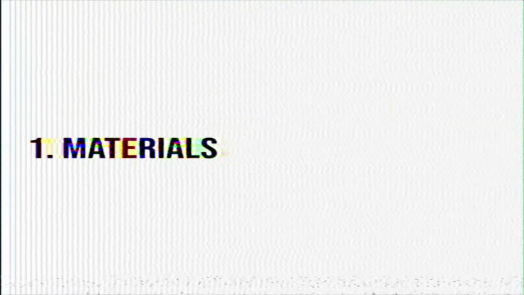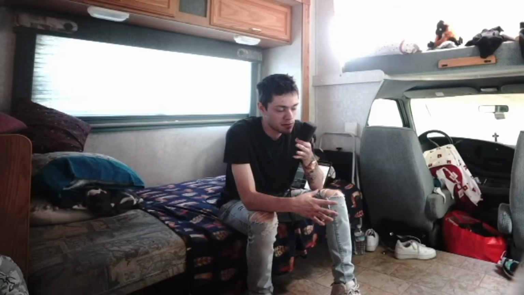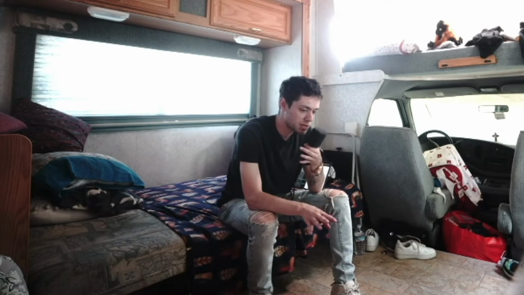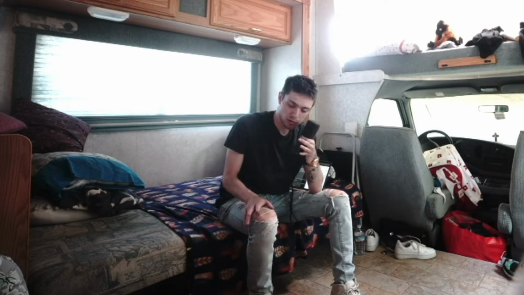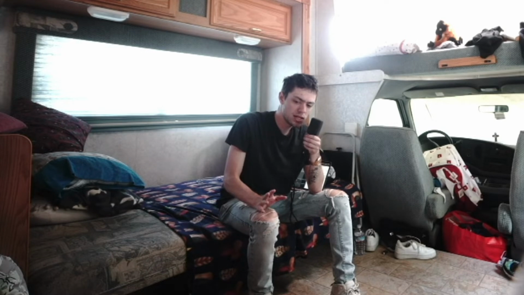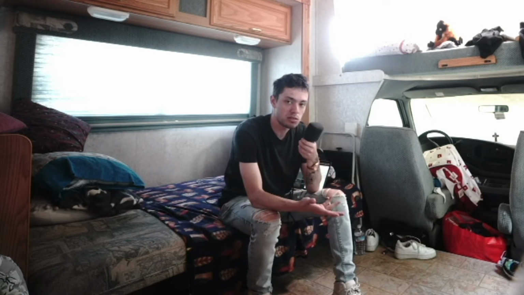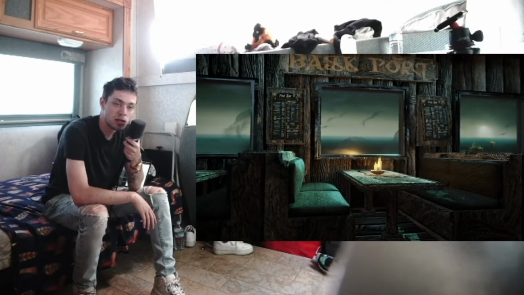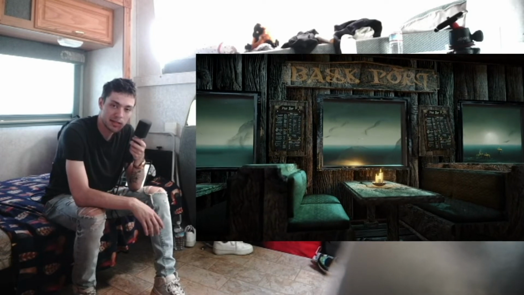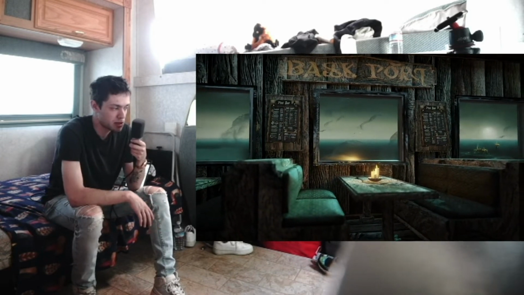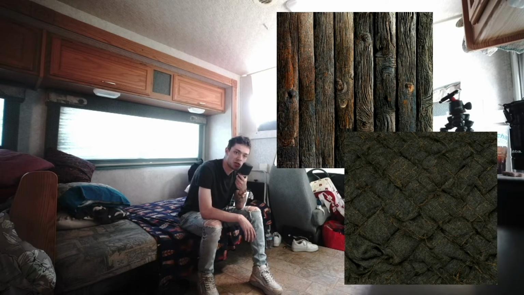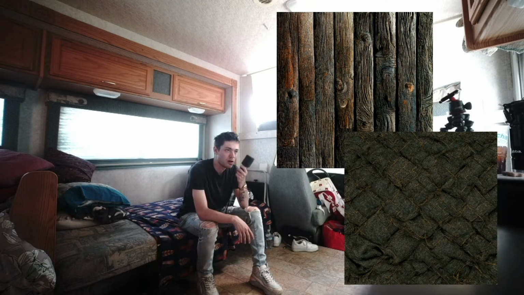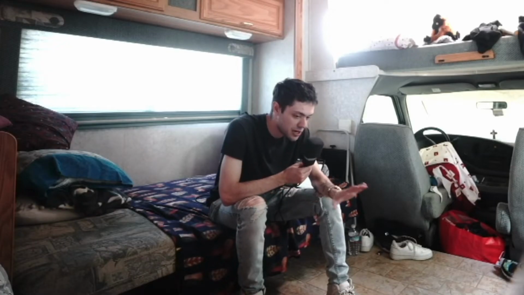Basically, first, there's materials. I don't know if a lot of people have thought about this. The prompts are so specific in Midjourney, or just a lot of AI programs in general, that you can quite easily create textures and materials using this program. Here's a test that I created using Midjourney for my textures. All I typed in was wood, seamless wood textures, seamless whatever textures, cloth, marble. It gives you very accurate depictions of it.